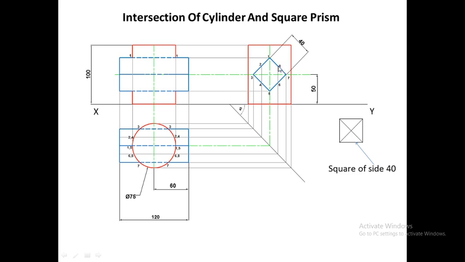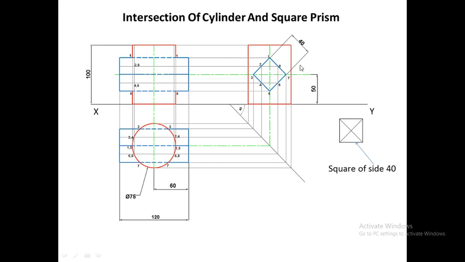So draw horizontal projection line parallel to this line passing through point number 8 and 2, and vertical projection line passing through point number 2 from the top view. So we have drawn vertical lines passing through 6 and 2 from the top view into the front view. Also we have drawn the horizontal lines passing through point 8 and 2. So wherever this horizontal line and this vertical line intersect each other, that will be marked as point 2 and 8 respectively. So we have marked point 2 and 8 and 4 and 6 also.